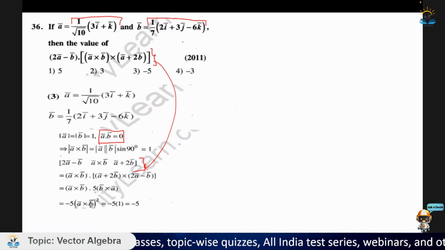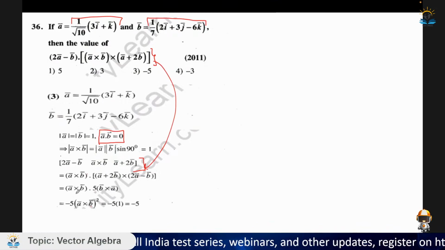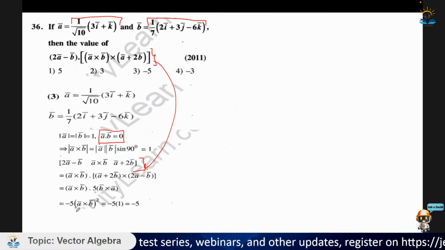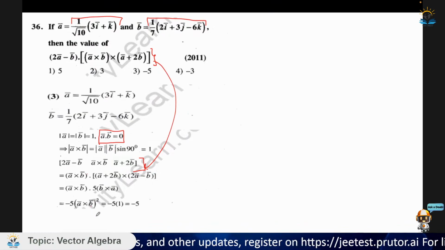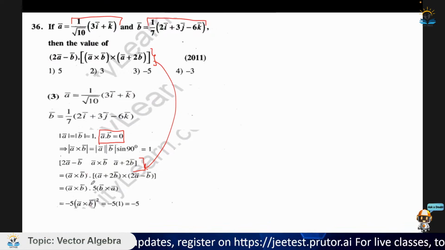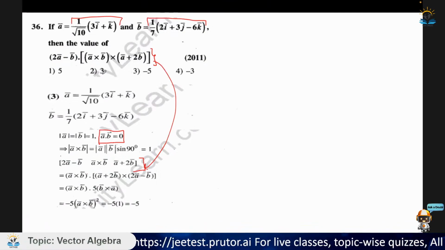तो 5 आ जाएगा हमारे पास। और ये भी a cross b है, ये b cross a है। सो जब फिर से रिवर्स करेंगे इसको तो ये माइनस a cross b हो जाएगा, और ये सेम वेक्टर हो जाएगा। सो ये बन जाएगा मैग्नीट्यूड ऑफ a cross b होल स्क्वायर टाइम्स -5। So we have -5 and a cross b. What is a cross b? a cross b ऐसे निकलेगा कि हमारे पास a और b वेक्टर ही है। सो एक तो हो सकता है आप a cross b इधर से निकालो, जो कि बहुत ही लंबा मेथड पड़ेगा।